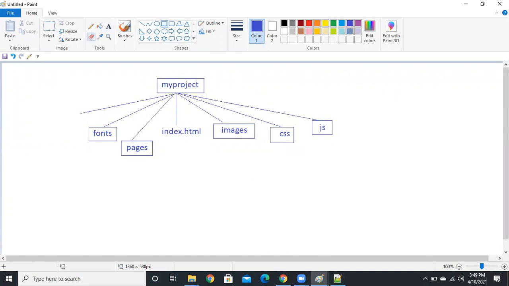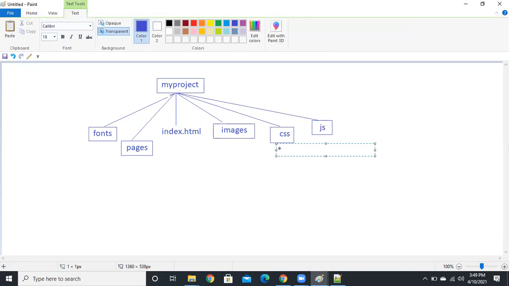So you have a structure like this. Just take it out, roughly take it out. It's very important. If you are creating anything, we need to create it like this only: the main folder, then an index file, an image folder, and a CSS folder. You just insert all CSS files into the CSS folder.